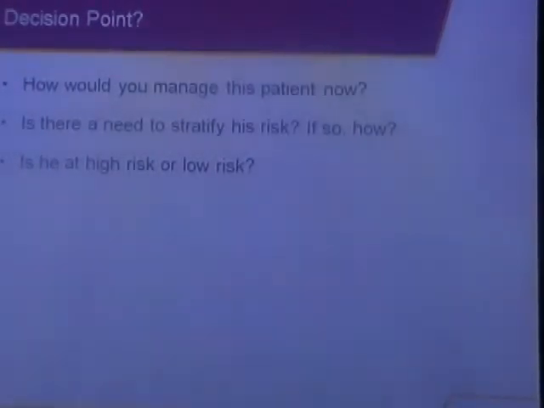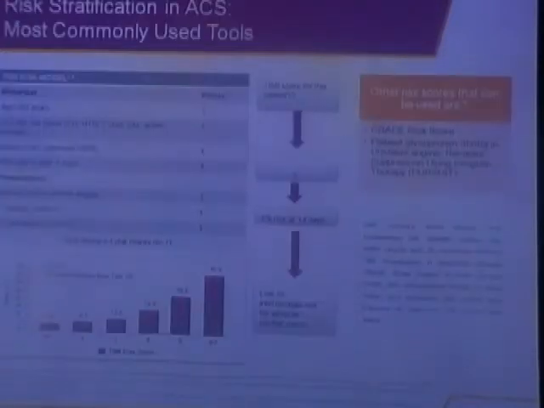So how would we manage this patient? What is the need to stratify the risk, and how do we do that? And what risk this patient is at? There are various modalities of evaluating risk in a patient coming with MI. ST elevation MI per se, the broad thing is that if there is ST elevation MI, all these patients fall into high risk, irrespective of anything else. The bigger the infarct, bigger the risk. Smaller the infarct, smaller the risk, but all ST elevation MIs are risky. These patients need hospitalization and reperfusion in the form of thrombolysis or a primary angioplasty.